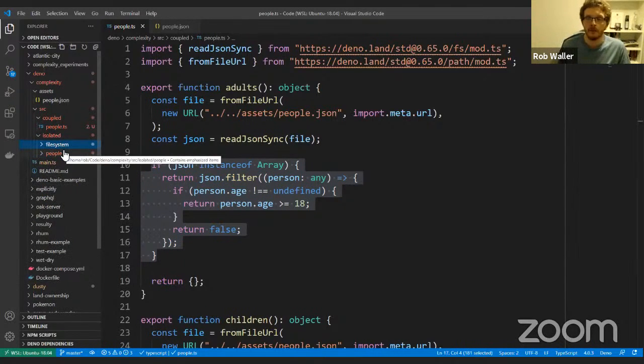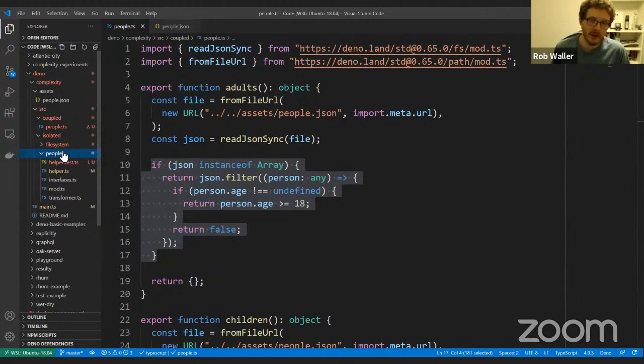And this isn't perfect, but we've got our domain broken down into the file system and essentially what you might call our people model, or just our people domain. And we've got more files, so in theory, maybe this is more complex, but each file and each part is simpler and easier to use.